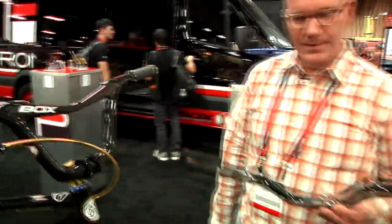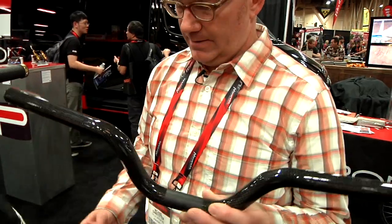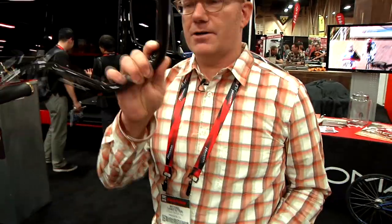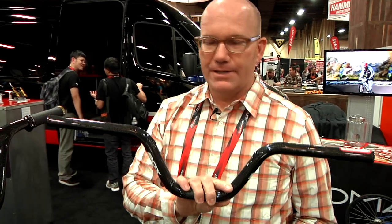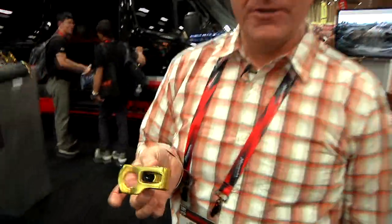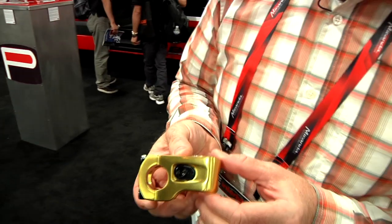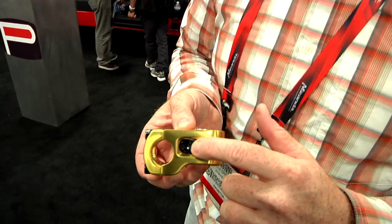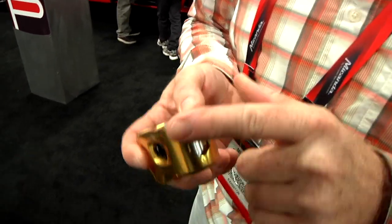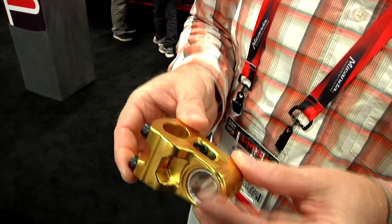Next we have a mini bar. It's a 3-inch rise, full carbon, and a junior bar, also full carbon. This is a 4.5-inch rise. So we've got 3 carbon bars, and to go with that we've got a new Box Mini hollow stem. These come in 45 and 40 millimeter lengths. It's got a single clamp in the middle. It eliminates any area for banging your knees. Super lightweight,